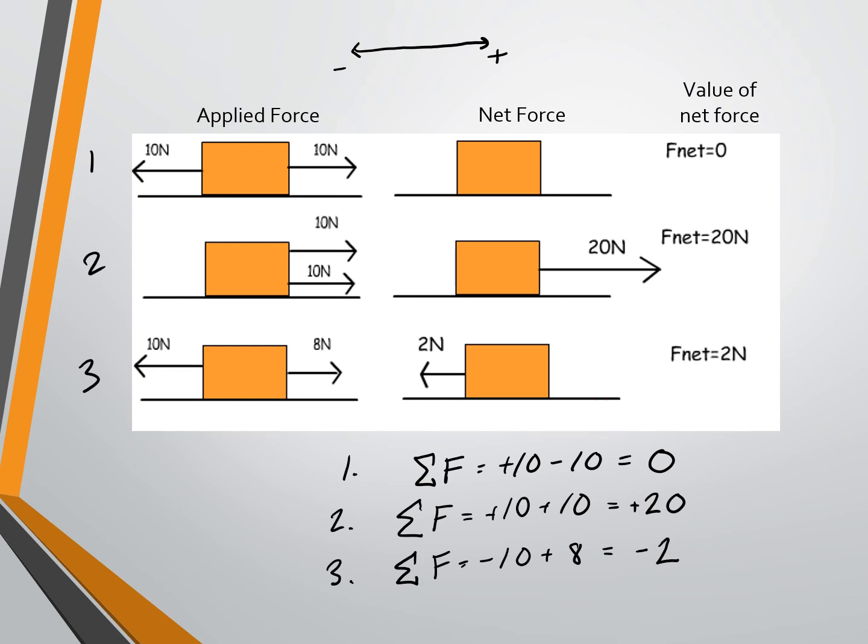So this is how we can go through and find whether or not we have Newton's first law of motion. We can just make sure we add up all the forces, and if it's 0, boom, that's the first law. If it's not 0, like I said, what we'll look at next week, I believe, is the second law of motion.